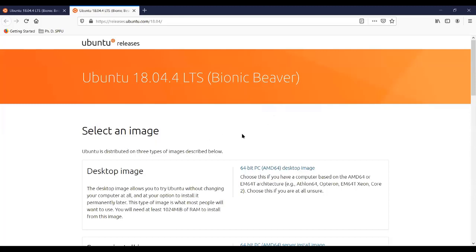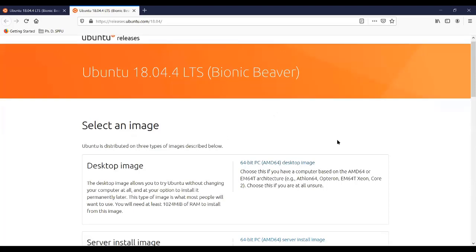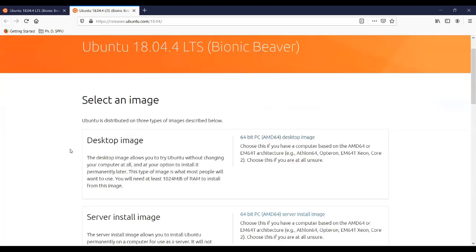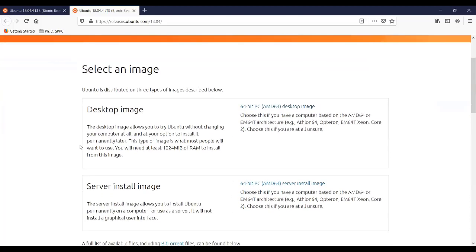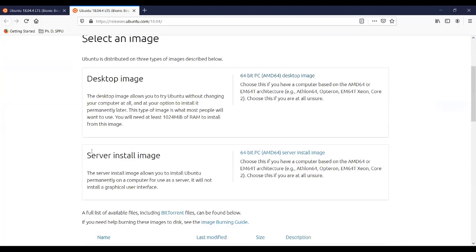For libraries, we need to install the desktop image, so we can get a set of applications for graphical use. There are two options available for download: one is the desktop image, another is the server install image.